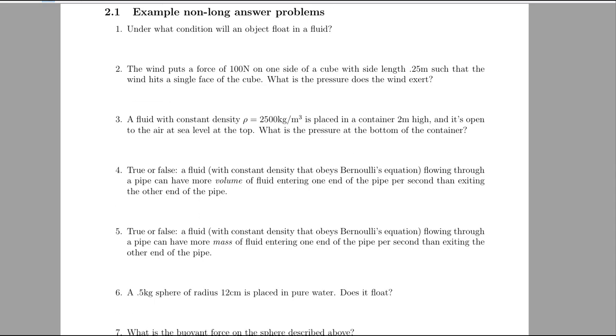All right, our second question says, the wind puts a force of 100 newtons on one side of a cube with side length 0.25 meters, such that the wind hits a single face of the cube. What pressure does the wind exert? Well, we know that pressure is given by force over area. So we know the force that our wind is putting, and it's putting it on one face of the cube. So we take that force, 100 newtons, and divide by the area of that face